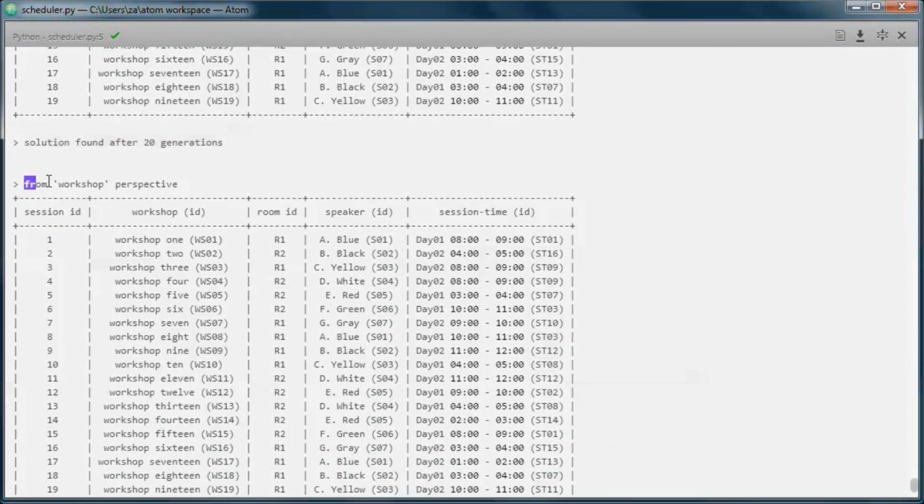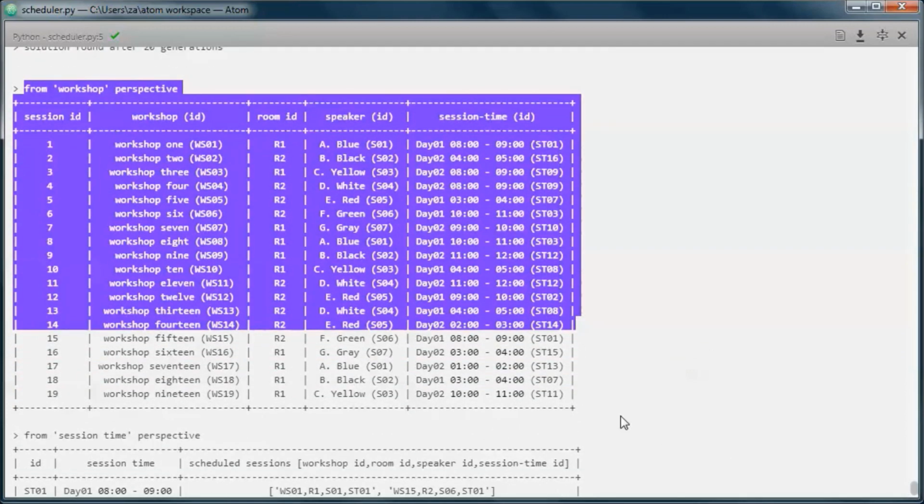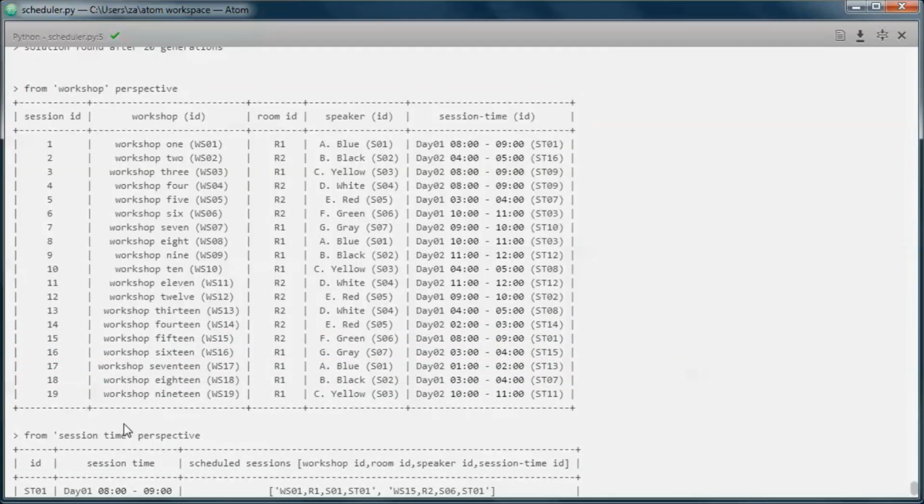And this is the solution we found from the workshop perspective. So workshop 1 will be in room 1, and this is the speaker for that workshop, and it will be at this session time, day 1 from 8 to 9, etc.